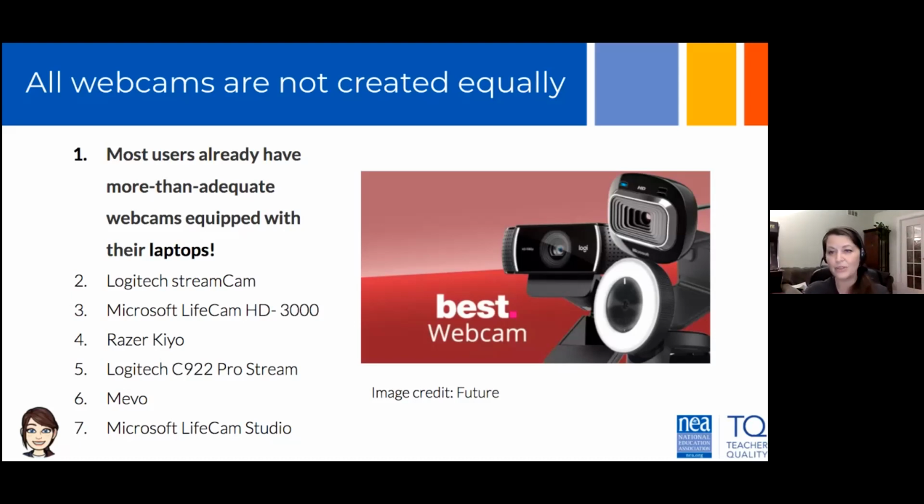My Mac has got a brilliant camera in it, and I don't see the need to buy a $200 camera in addition to it. However, not everybody has a laptop with a camera in it, and not everybody wants the same quality video. It depends on what you're trying to do. So here, this is a linked article of the best webcams of 2020. Certain ones are more powerful than others, but you choose what you need them for. This article is super handy in making a decision about what cam you might need to use.